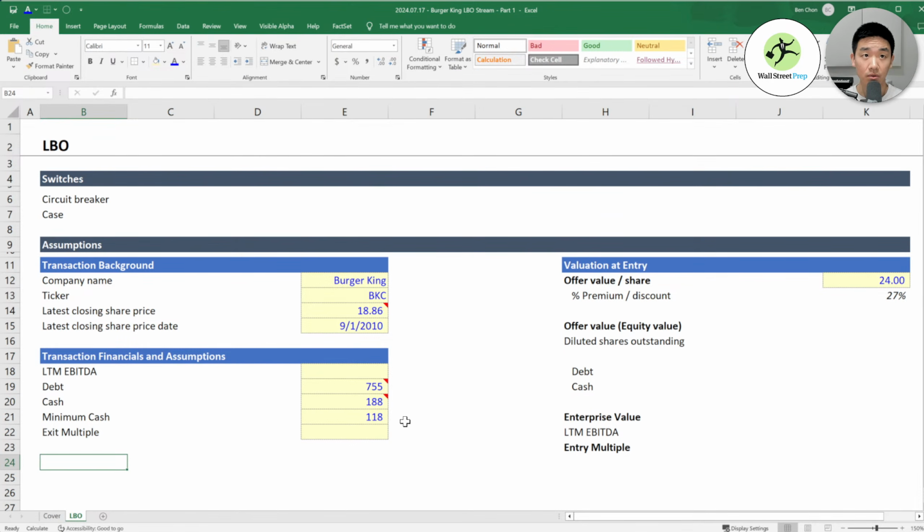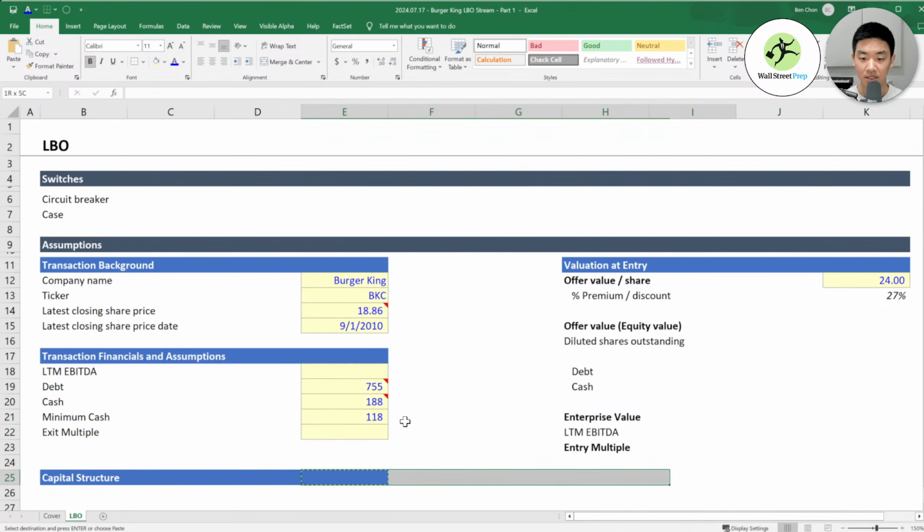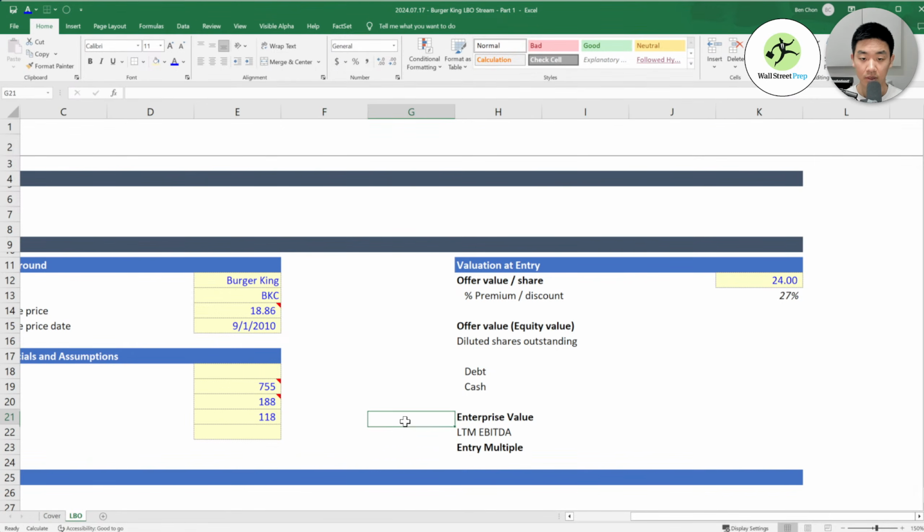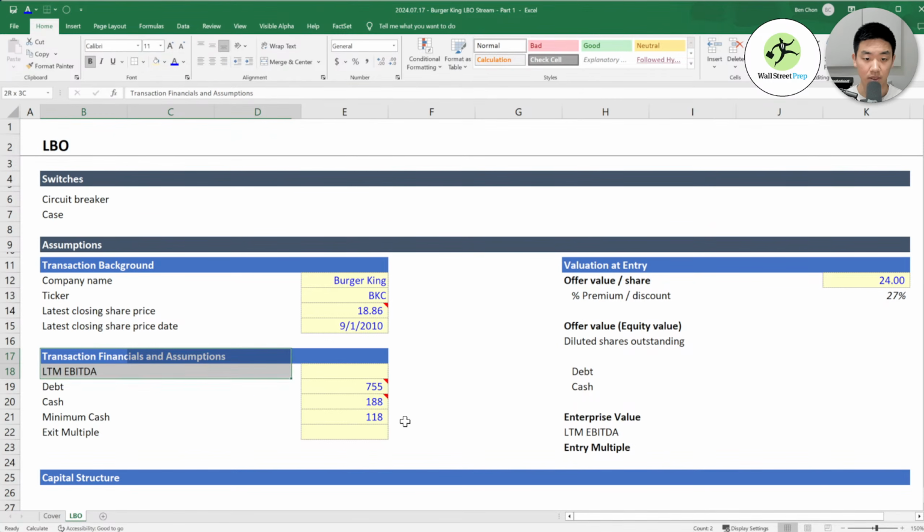So let's now start building out our capital structure. And I know a lot of this is taking a long time to get through, and that's just the nature of this. Okay, so I'm going to move this down by 1.